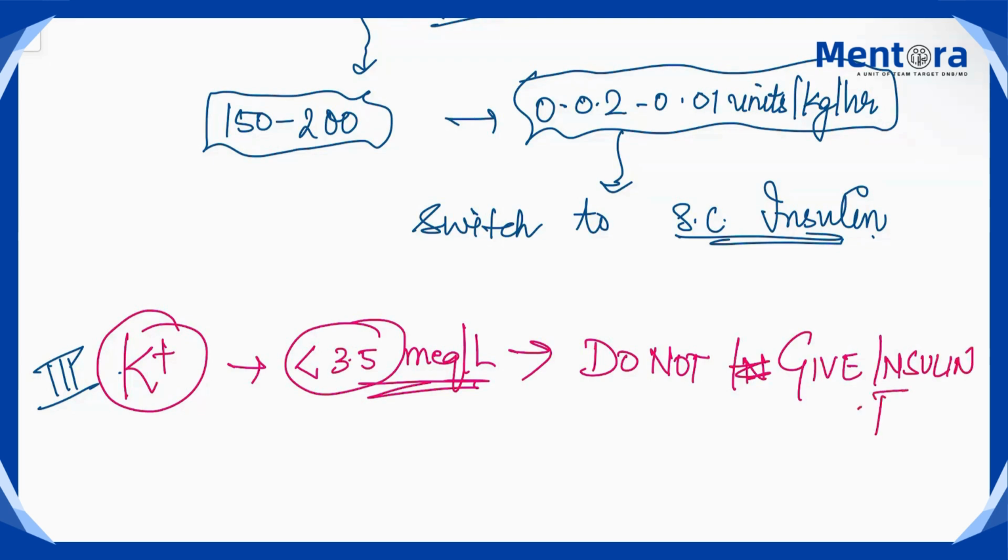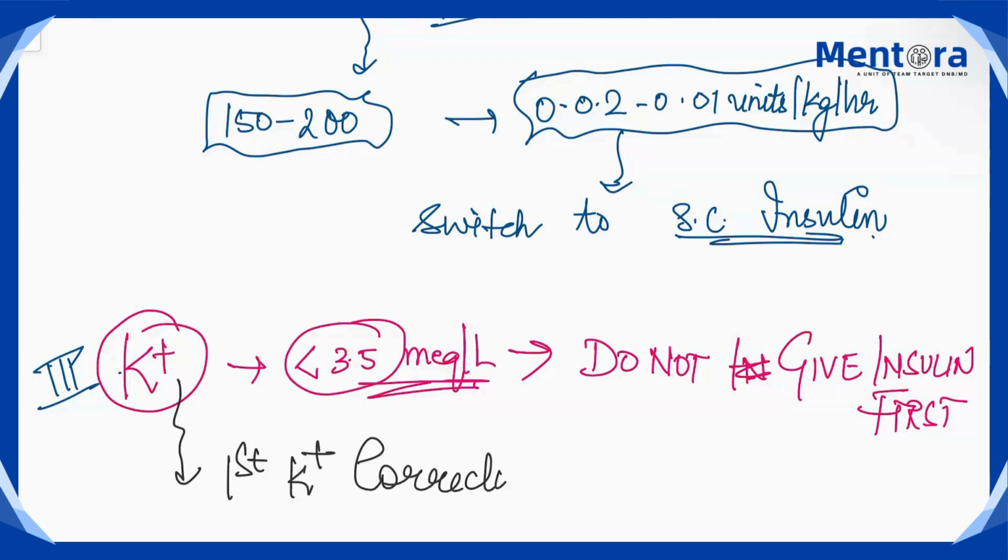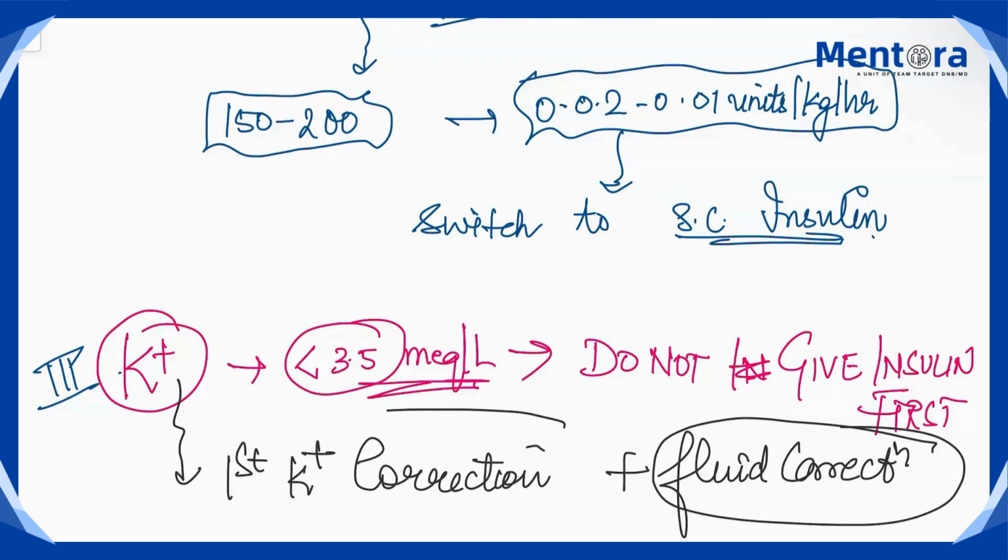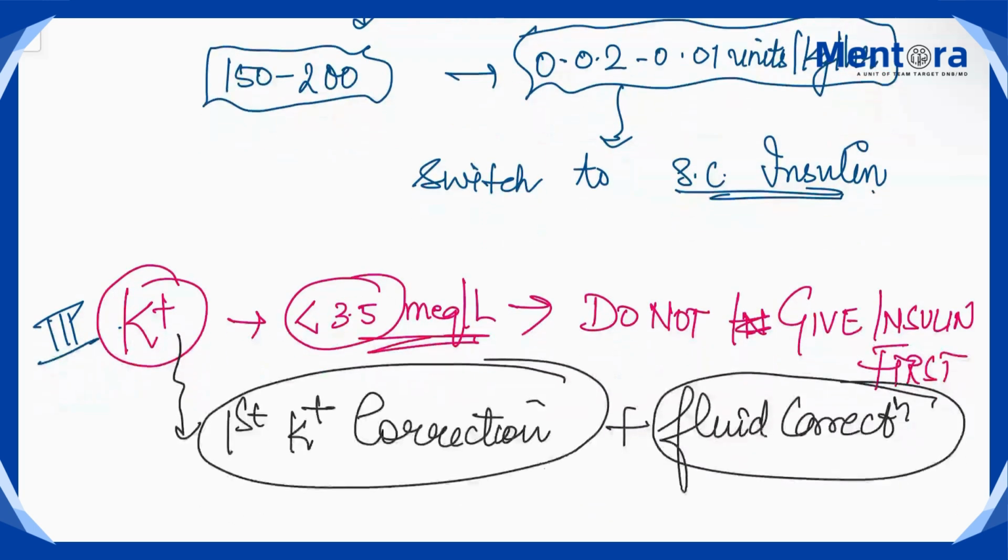insulin first, very important. So always before starting the patient on insulin therapy, first and foremost role is to check for potassium levels. अगर आपका primary potassium level 3.5 से कम है, your method is not to give insulin. First you have to do this potassium correction. So first you have to go for this K plus correction, and along with this you have to give your fluid correction. ठीक है, यहाँ पे हाइपोकेलीमिया है तो आप यहाँ पे RL यूज कर सकते हो. ठीक है, but you don't have to give insulin first.